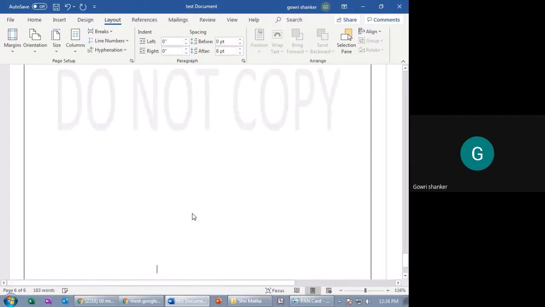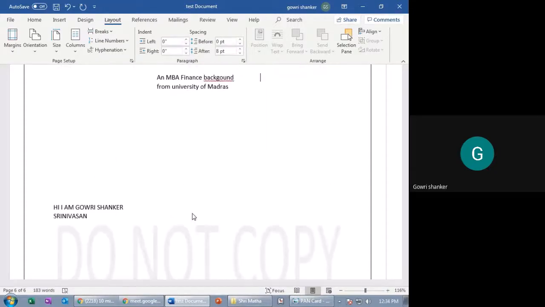Once you finish the second column, you can go to the third column. An SAP FICO consultant. Working as director in Moksha. So in one page, I have added 1 column, 2 columns, 3 columns.